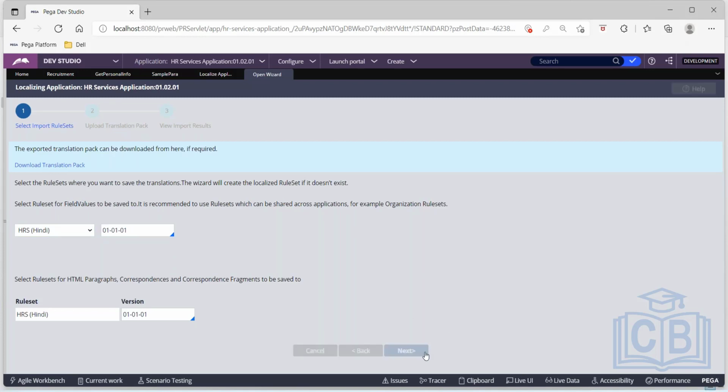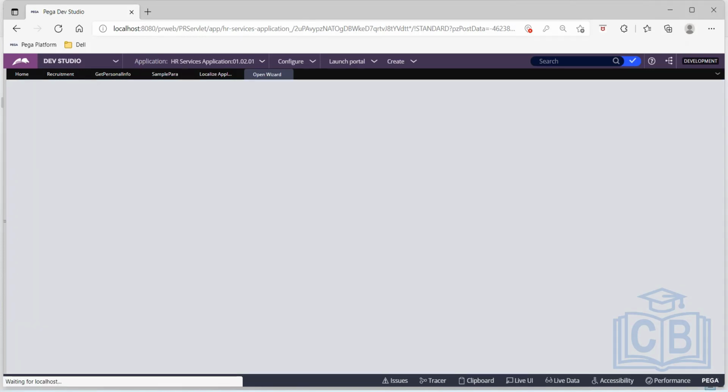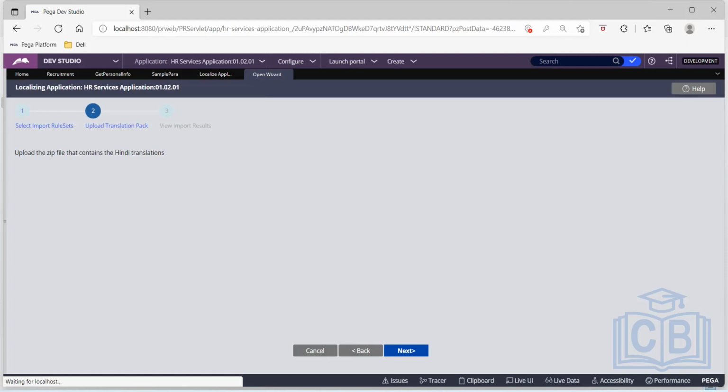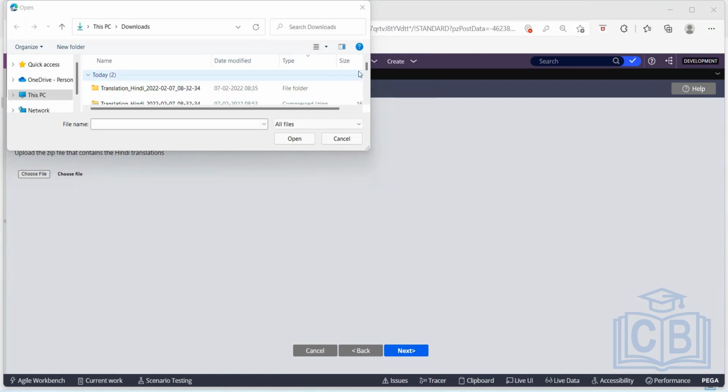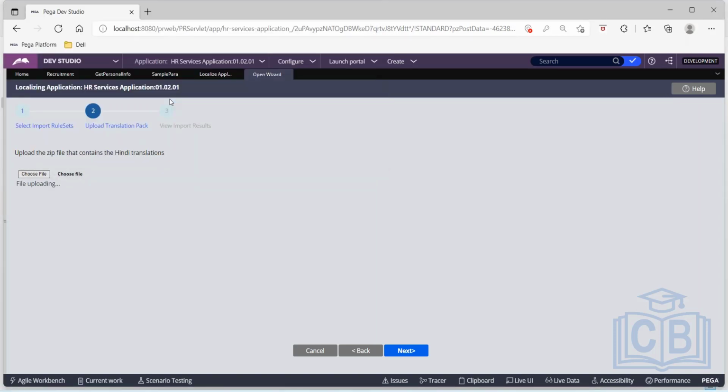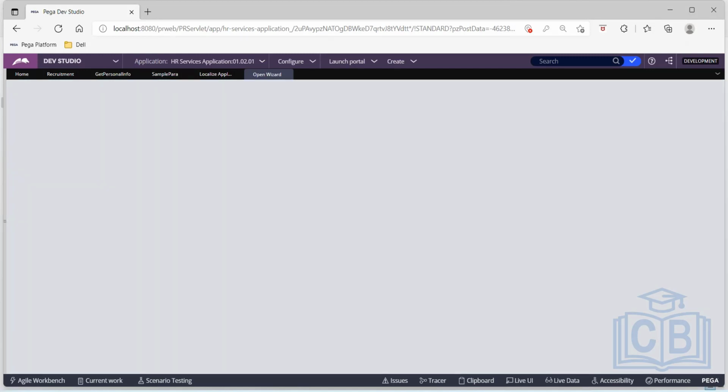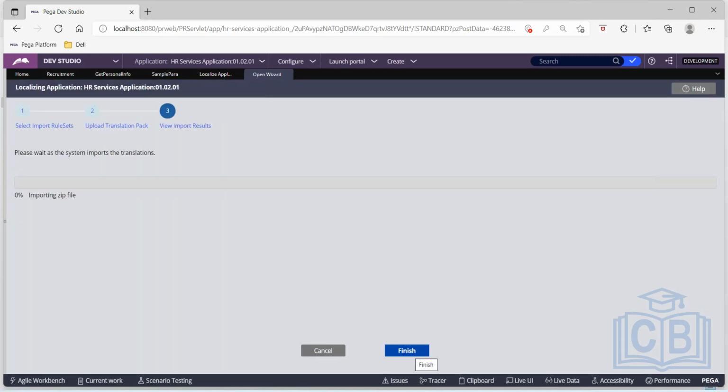Okay, right. Good, next. So upload the zip file. Yes, let me choose the file, my translation. And while uploading itself, you would know. So the file uploaded successfully. Next. So you would know how many translations are available and how many have been imported, how many have been